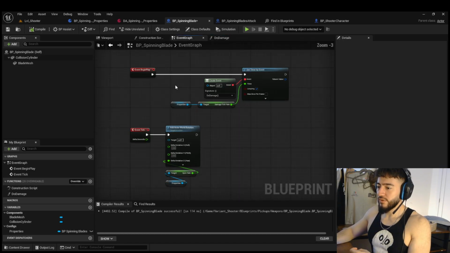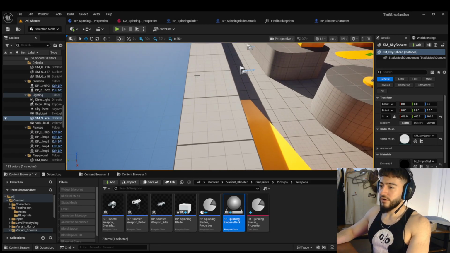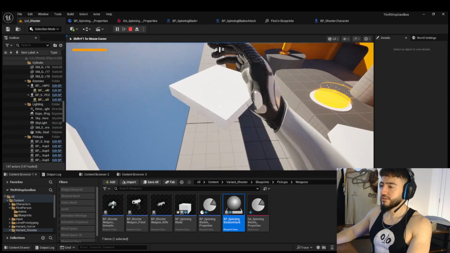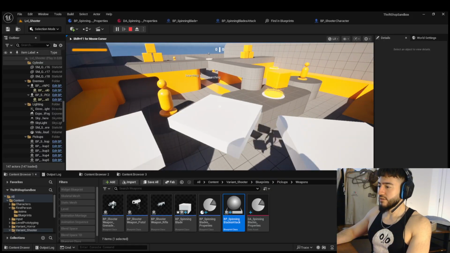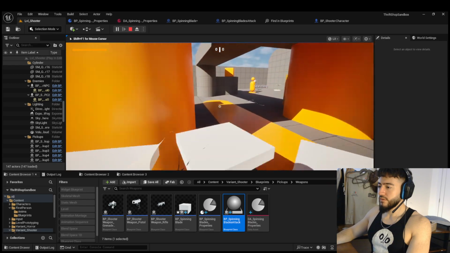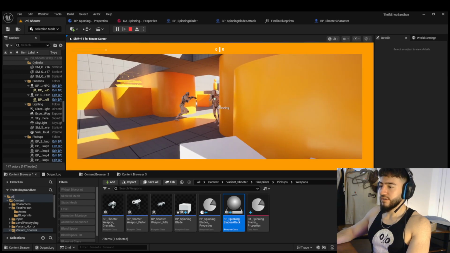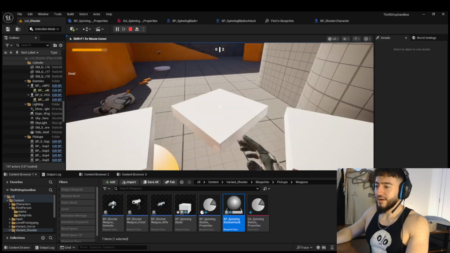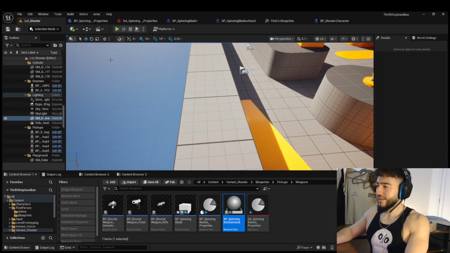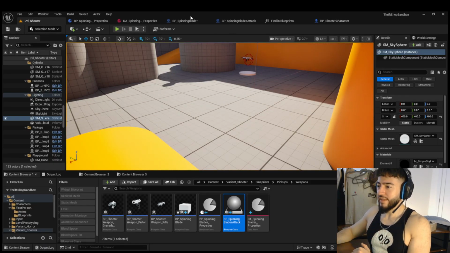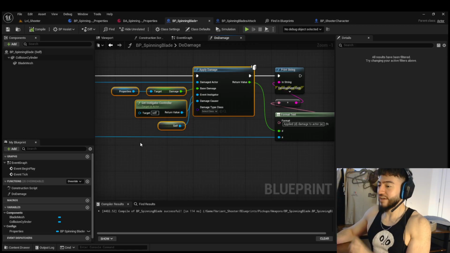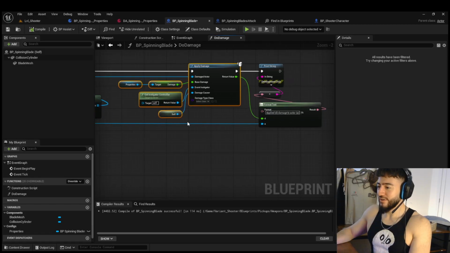And I believe that at this point I have connected up everything. So if I go back to here, my blade should be spinning. They'll be spawning every second. And these AI dudes are doing some stuff. Oh my gosh. So I just killed them, and you can see that it printed. You'll see that at one point it printed none. The very last print is none, and that's because at the point when the spinning blade's attack does its final amount of damage, it actually kills the enemy. So the damaged actor here that I'm printing out is going to be